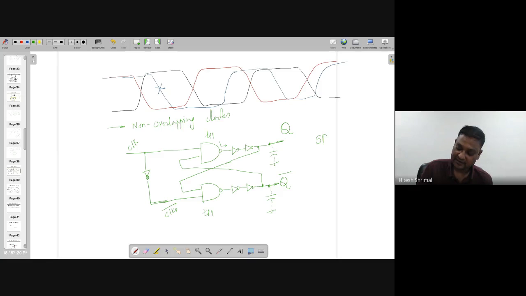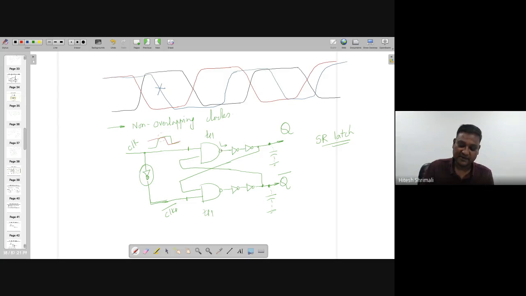So you have to look at the SR latch. Note that both the inputs should not be 1 1. If both are 1 1, then a problem will be created. To avoid that, you can see here a NOT gate has been used, so that the inputs are always complementary to each other. But still, there is a possibility that when you give the clock like this and clock bar like this, there is still some overlap area, but that will be rectified by these gates.